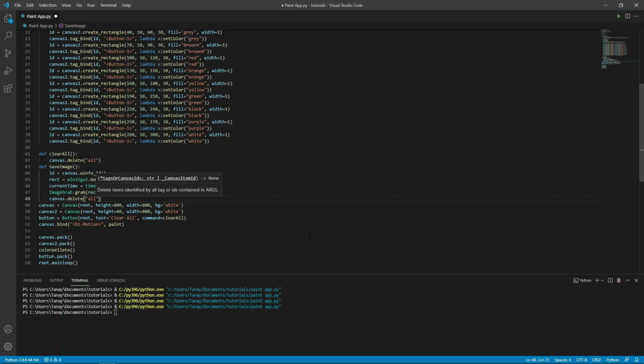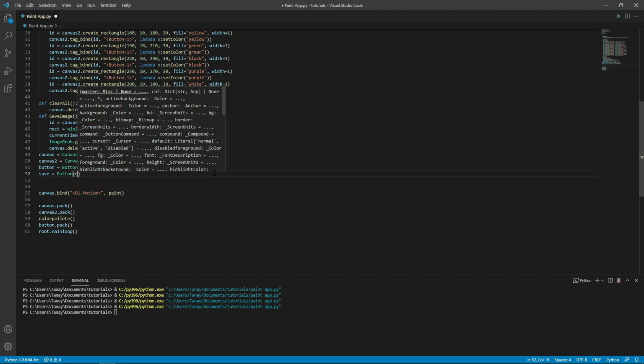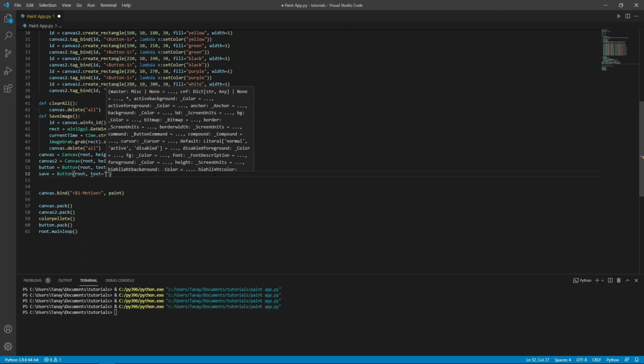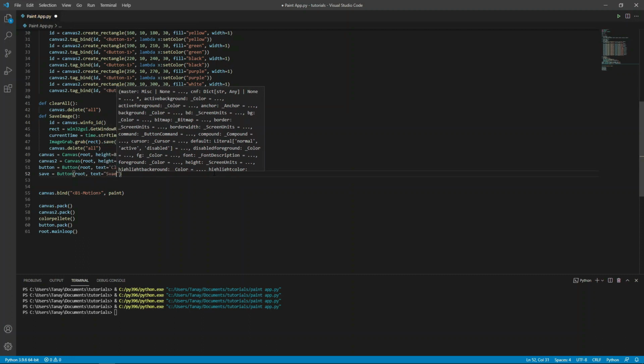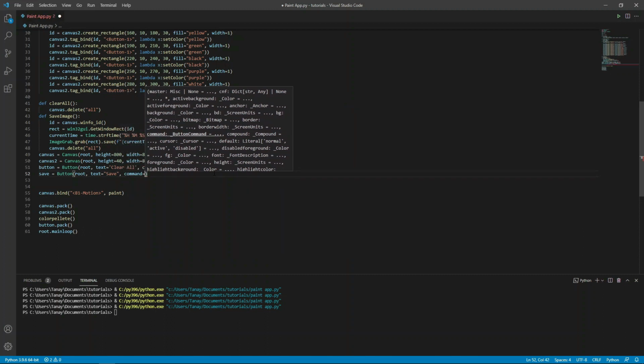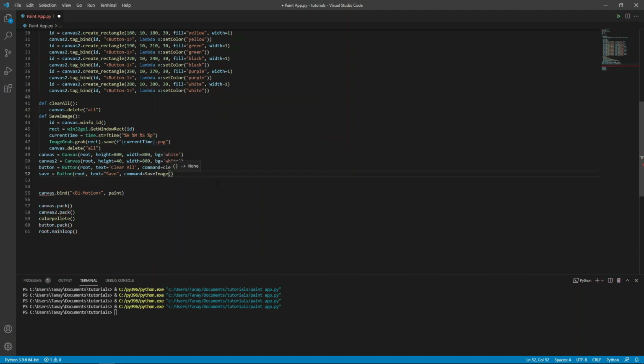Let's make a button to call it. Save equals to Button root comma text equals to save and command equals to saveImage and save dot pack.